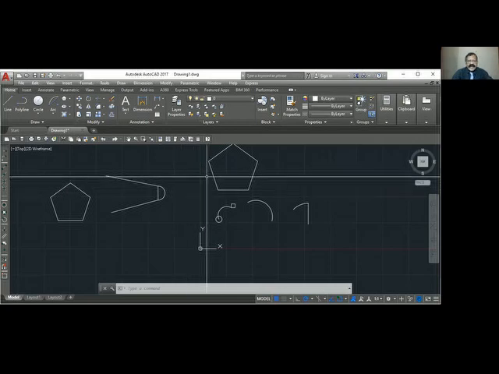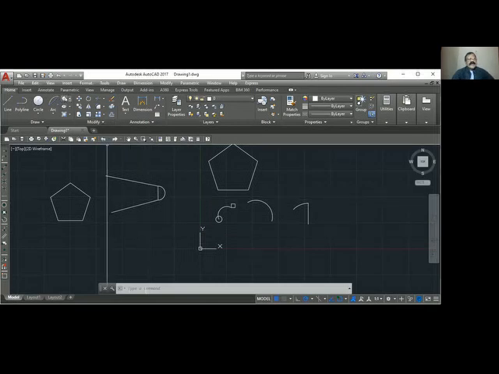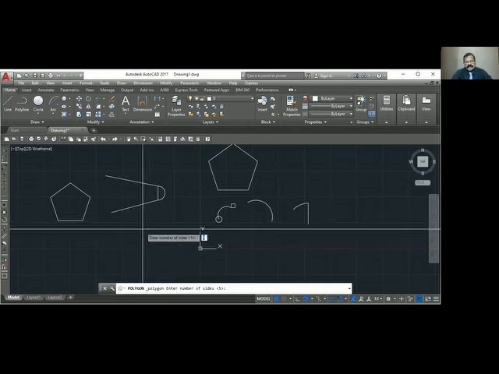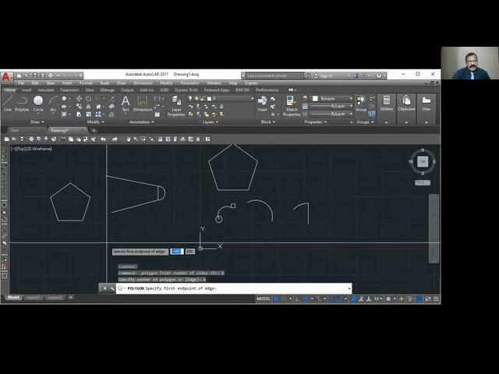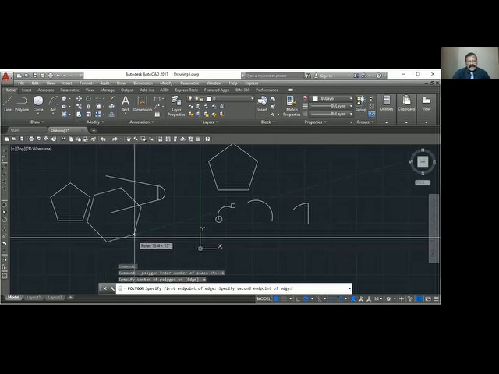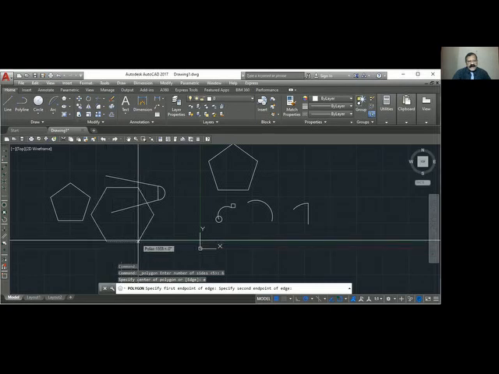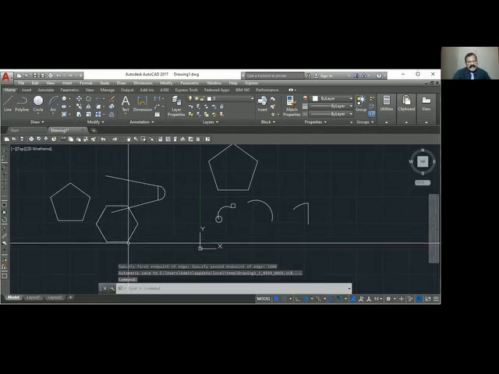But usually we will be using polygon, not using the center point. We will be using edge. What we will do is polygon. Instead of showing the center point, I will say number of sides, let's say 6. Then I will say E, edge, and show the edge point. You can see it is showing. Now from this point, you have to show what is the side length. Specify second point. So I want the width 1 meter. So this length is 1 meter. This will be 1 meter.